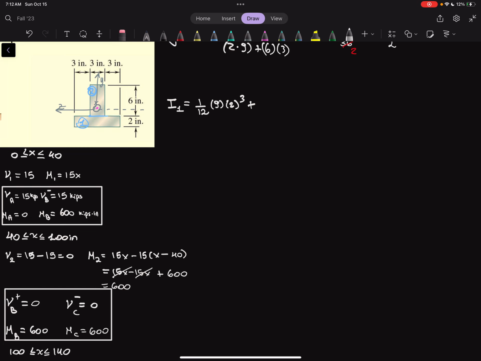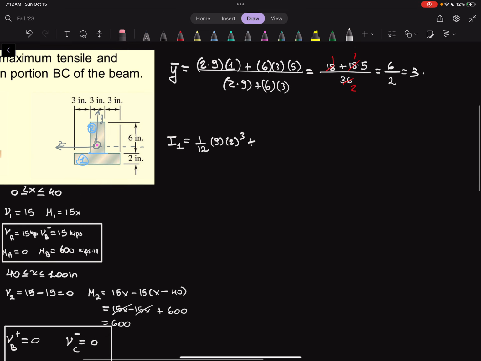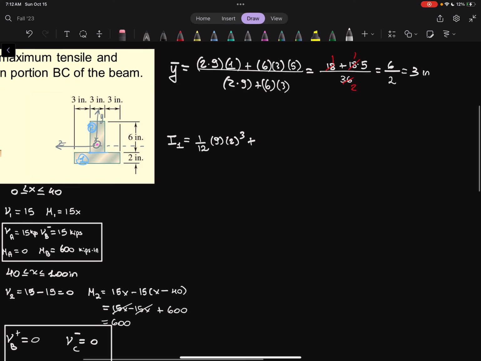And so, hold on, I want to make sure in my notes that I'm not misleading any one of us and that I'm getting the correct answer. Let's see, right here. I don't think I did it. I did this problem in my notes. Okay, I actually found it. It's 3 inches. Good. So now that we have this, we can go ahead and find the moment of inertia